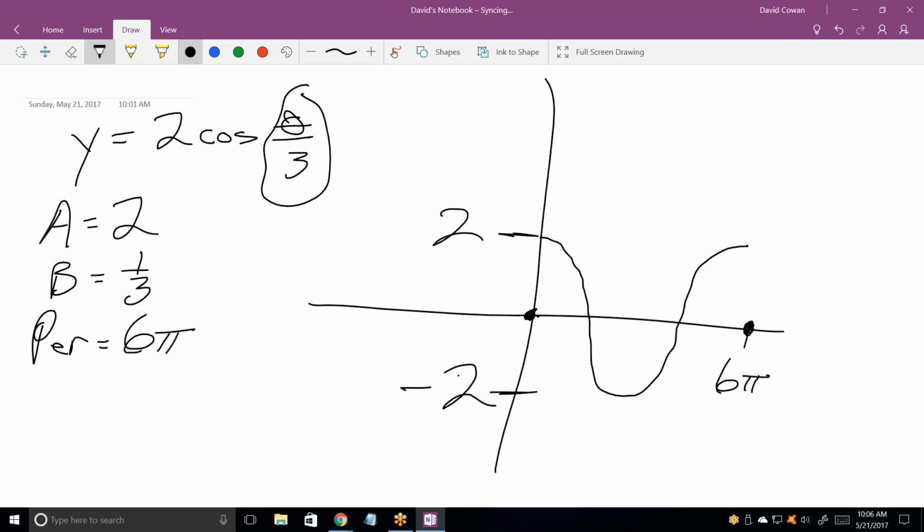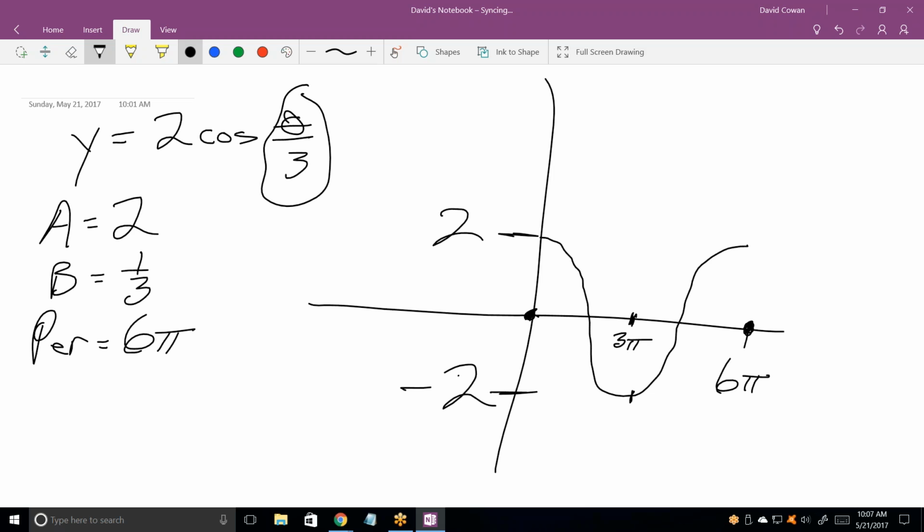Have you heard that expression? No. Find the quarter points. The quarter points are the key points with all sine and cosine functions. They're huge. In other words, that quarter point, which is the halfway point between my start and my end, which is 3 pi,